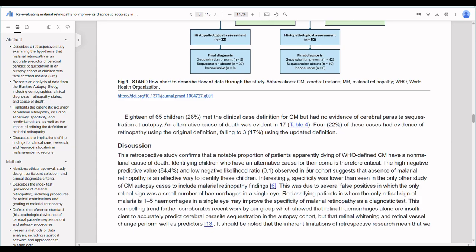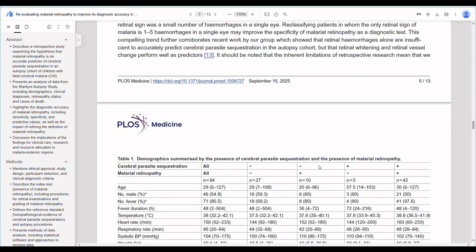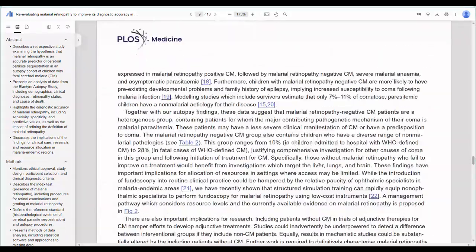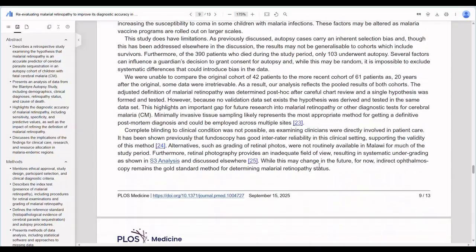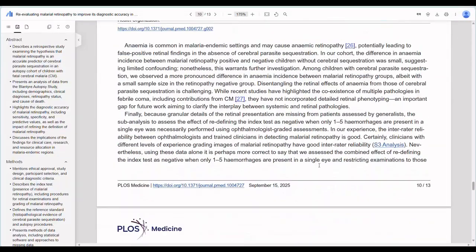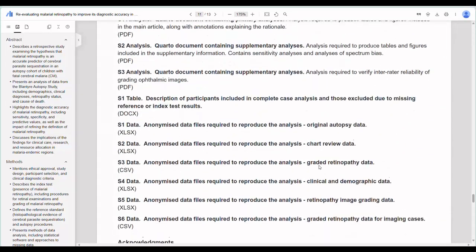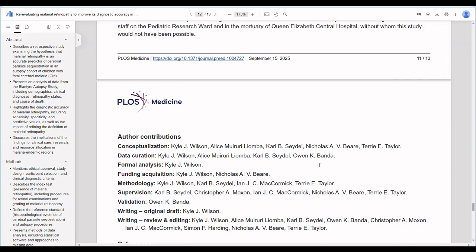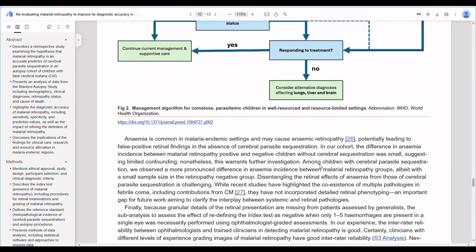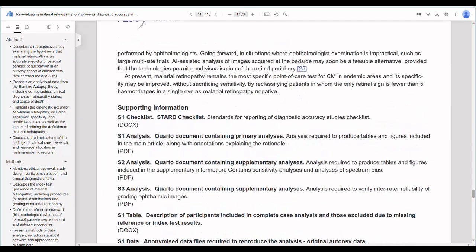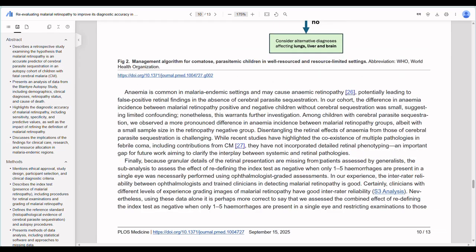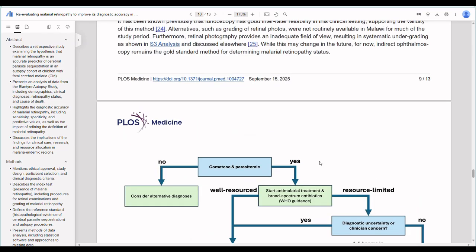In this discussion section, let's scroll down and see if we have a separate conclusion section. It's in medicine. There is no separate section for conclusion, meaning the conclusion is infused into the discussion section.